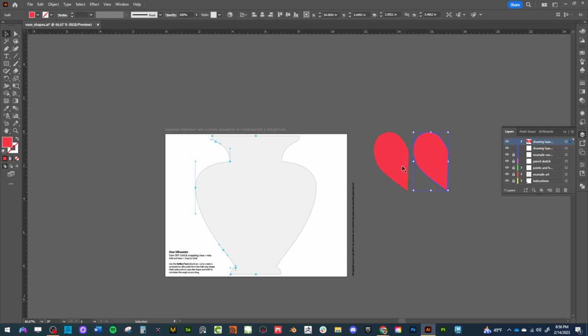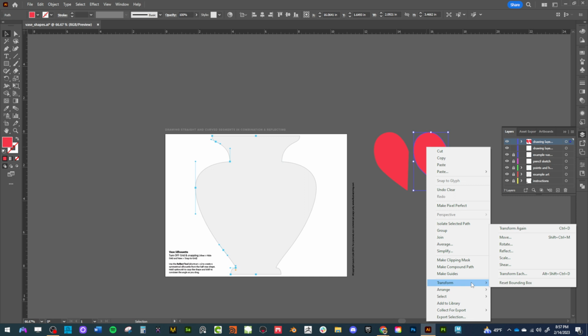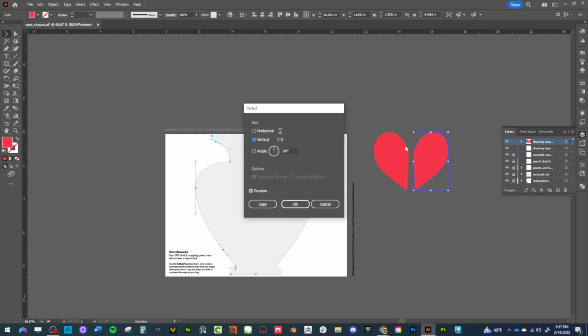Now, all right, we're doing pretty good now. We want to flip this. The easiest way to flip this is to right click on this object while selected. And we're going to go all the way down. We got all these cool options. We're going to be talking about these more next week. But you have some options here in the transform section. We have move, rotate, reflect, scale, shear, and yeah. So we're going to go up here to reflect. And instantly, because I've used reflect recently, it's going to reflect vertically or horizontally, right? Up to me, and I can control that